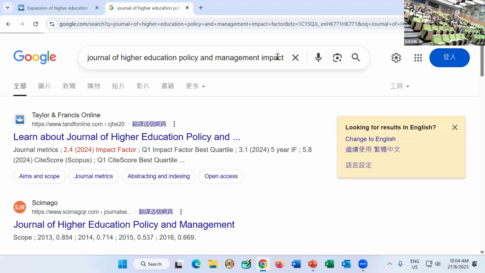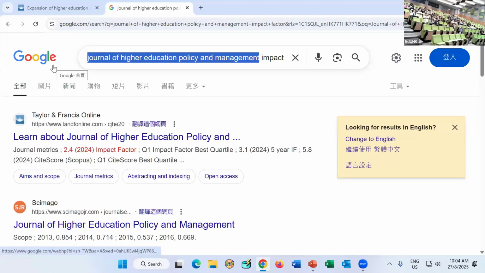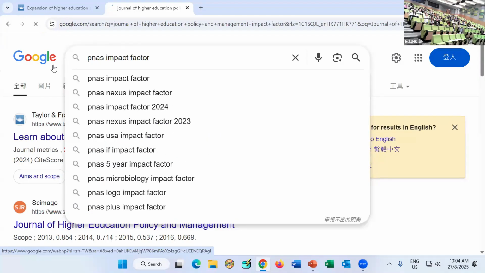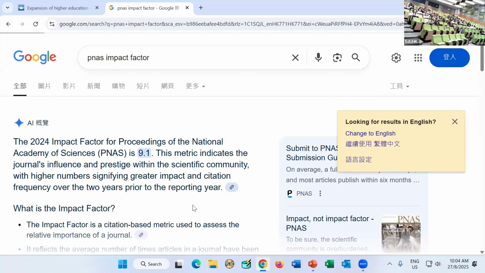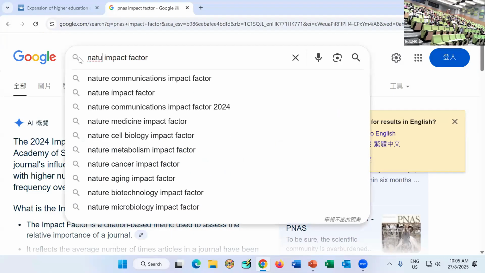And then I can also give you more examples. You can also try to look for articles that you are looking at, or in the past. I have published articles in this one, PNAS. I work on brain science, right? So there's an article that I've published in, and it's 9.1, which is a pretty good one. And then let me show you some top journals. People actually fight to publish in 2 journals. One is Nature and one is Science. Let's see how high the impact factors are, and you will know what I mean.